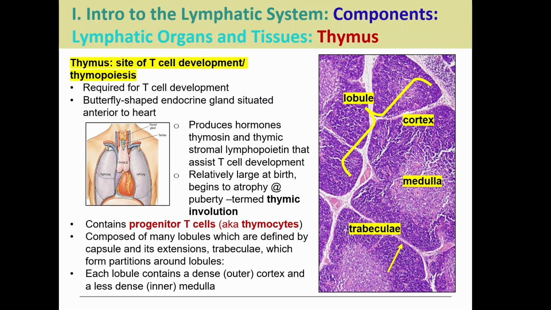Inside the thymus, we find what are called thymocytes, or progenitor T cells, and the structure of the thymus contains a lot of lobules. Basically, here we have this lobule. You see it defined as this roundish or hexagonal patch here. Dividing each lobule, we see the trabeculae, right, seen here in that lighter color, which again helps separate one lobule from another, and then we are encapsulated as well. Each lobule is going to have a cortex and a medulla as well.